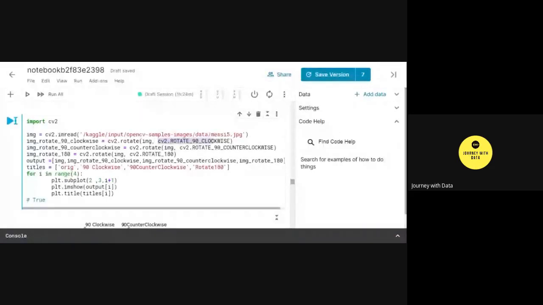Just use this as is. To rotate it counterclockwise, just copy the same code and then use ROTATE_90_COUNTERCLOCKWISE. To rotate it by 180 degrees, just use cv2.rotate and then ROTATE_180.